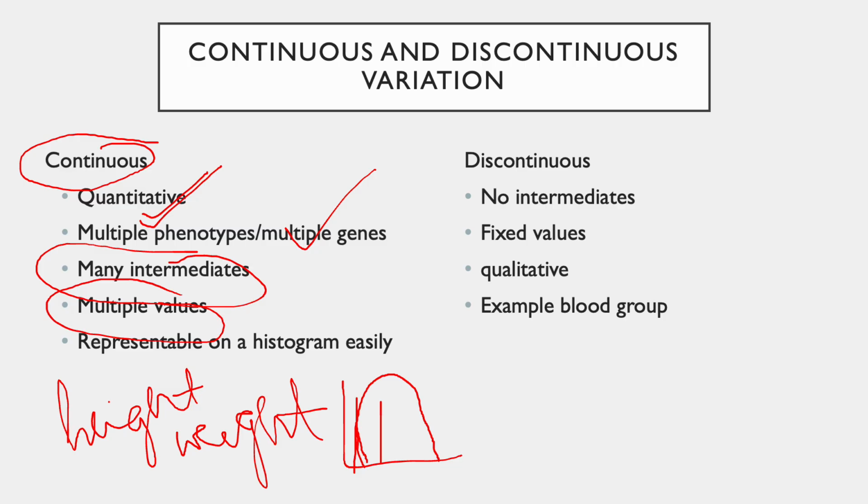So please remember, continuous variation will have multiple values. Multiple values goes down to the genetics of multiple genes. If there are multiple genes, there will be multiple phenotypes. Whereas when we come to discontinuous